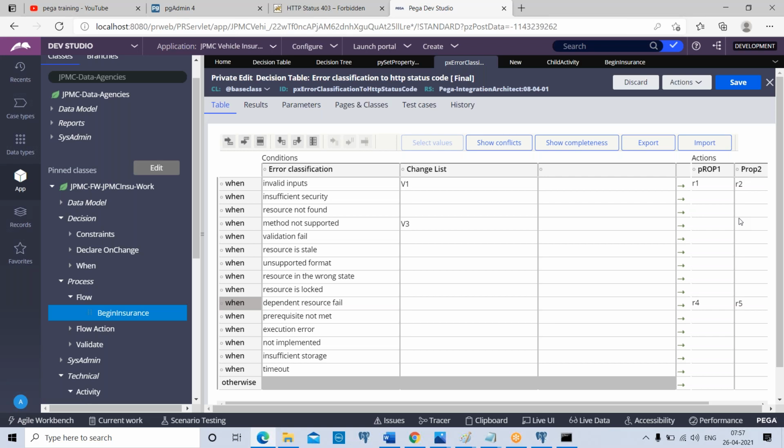And in a decision tree, we can call other decision rules by selecting the option of allow selection of call decision under the configuration tab. So you will get the options like call decision table, call decision tree, call map value, like that. There is one more function available, obtain value, to call either table, tree or map value rules.